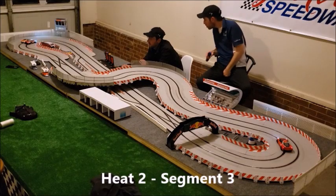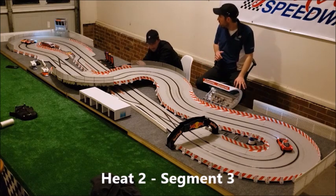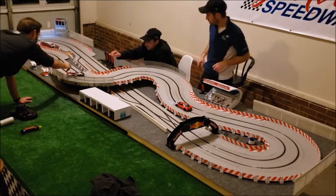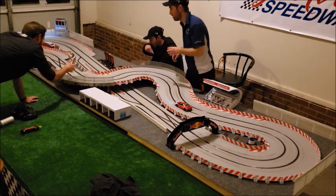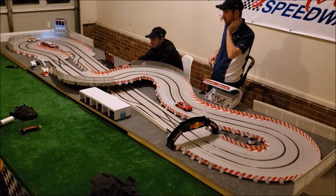And we are ready to go for the final segment of Heat 2. Raging Bull and Red Rocket, the 2 Ferraris tied with 39 laps apiece, and we are racing again. Crash on lap 1, the Chaotic Corvette, crashing in turn 4. So the Raging Bull leading the way right now, Chaotic Vet second, and Red Rocket third for the start of